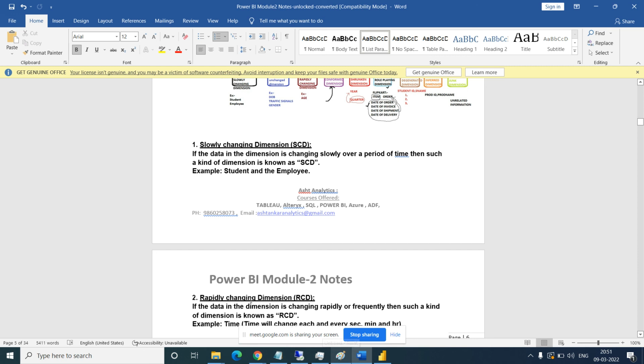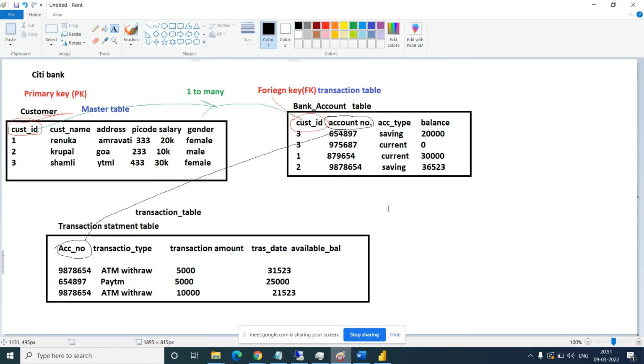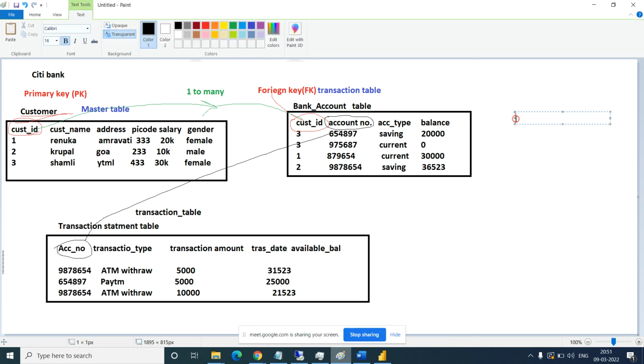In the rapid changing dimension, balance, age. We can do the age, right? Age can be changed frequently, like 1 year, then 1.5 months. Current account, amount. The amount is not a dimension, no, it's a measure.